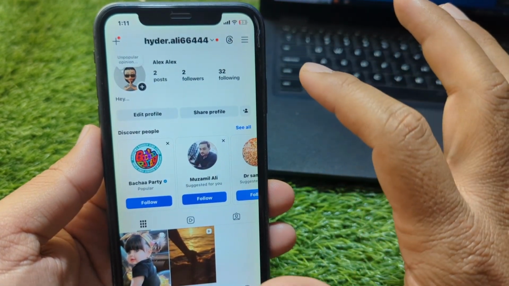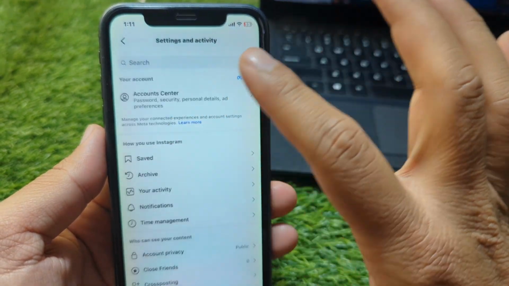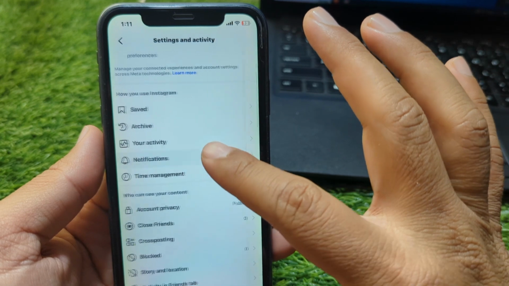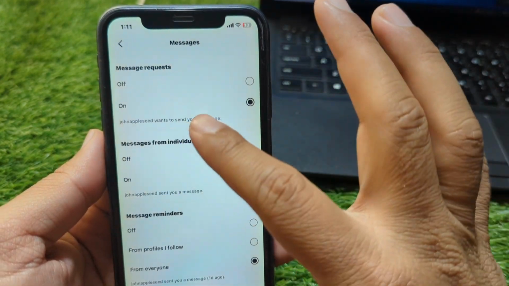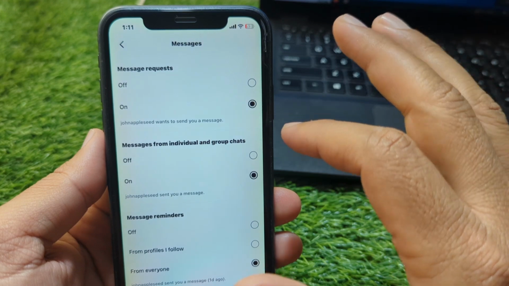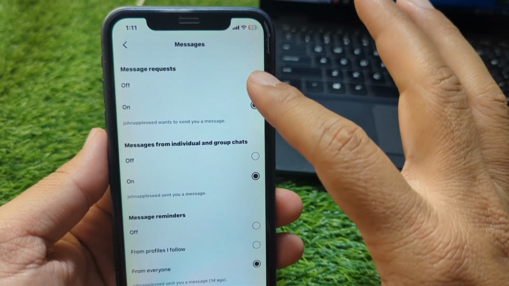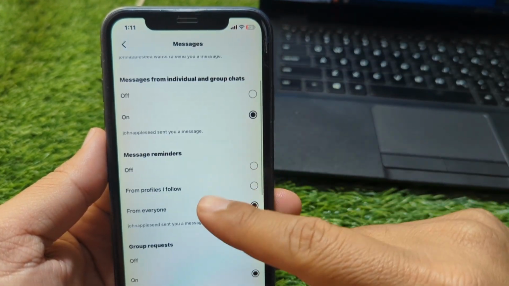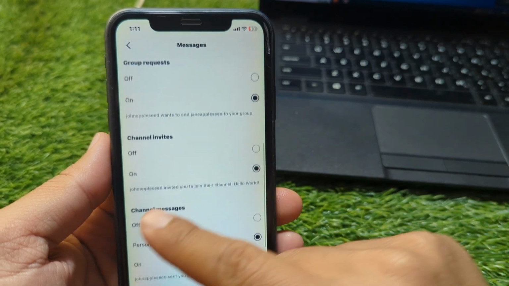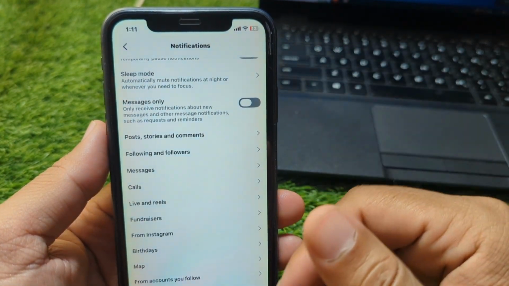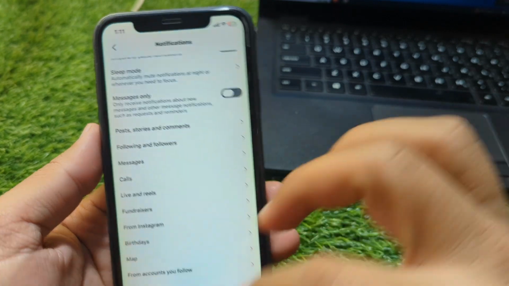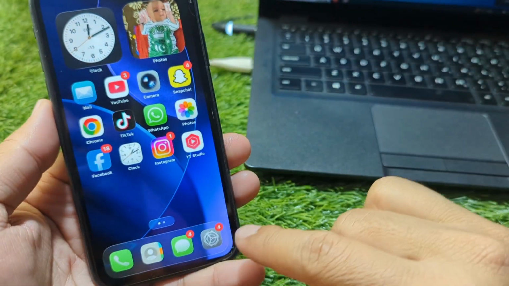on the three lines button, and then you have to go to notifications, and from here go to messages, and from here if the message notifications are on, you have to simply turn them off. So guys, turn off all these notifications, and after this the message notifications will not be showing to you on Instagram. So guys, this is the first way, and the second way is that you have to simply open settings